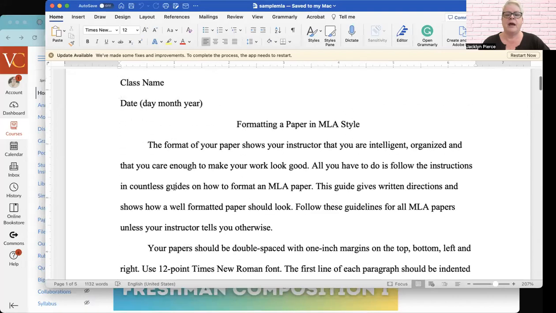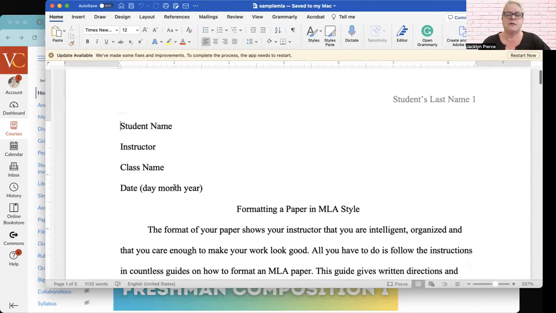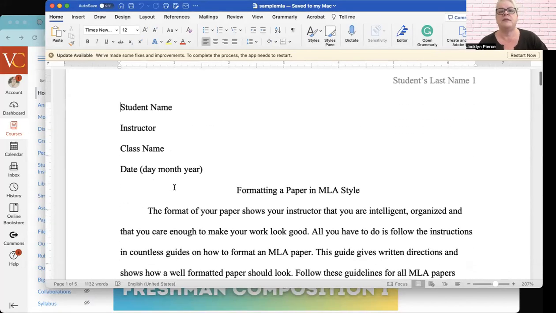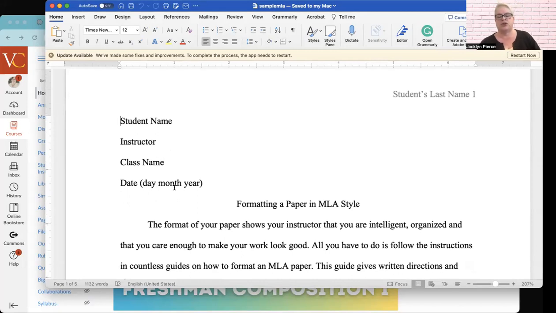Now, I am also going to open a sample document that was written by a librarian, not at Valencia. This is one of my good friends who's a librarian elsewhere. This particular document shows you what an MLA paper looks like. Some of you also just struggled with the basic format.